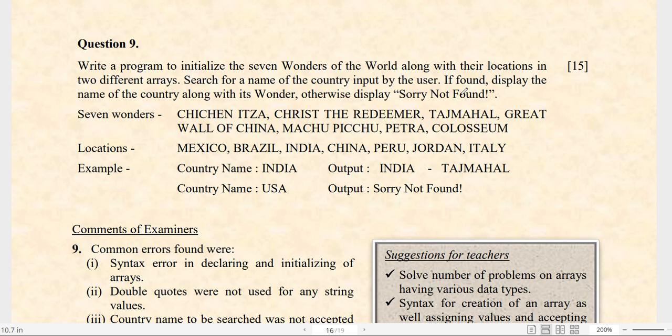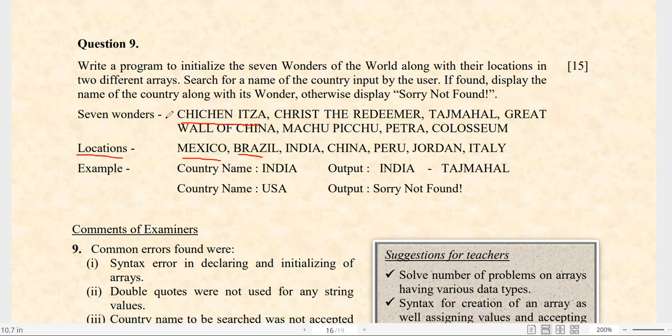Otherwise, display "sorry not found". So it means you have to initialize two arrays. One array will contain the name of the city, which is defined by the location, and another array will contain the name of the seven wonders, which is defined by the seven wonders array.